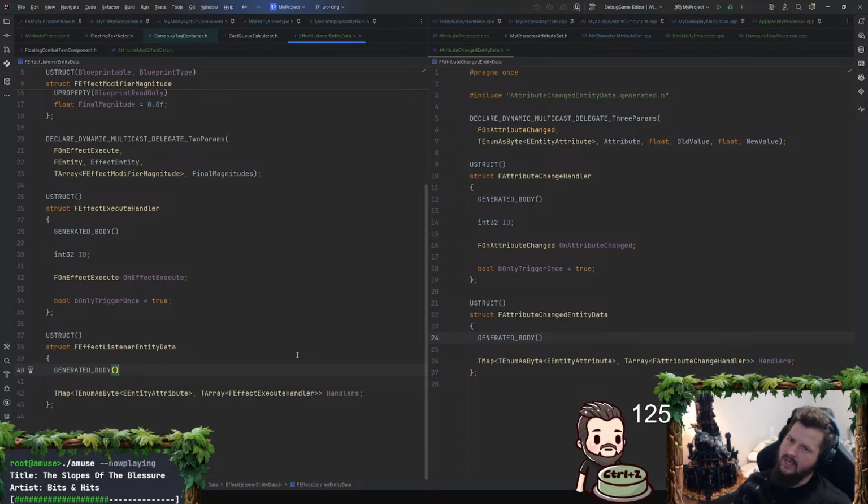Well, I would want to know on apply as well. Effect listener entity data, yeah, that's not necessarily, although I could put both of them in here. So there's actually multiple events. There could be effect apply and remove events as well.